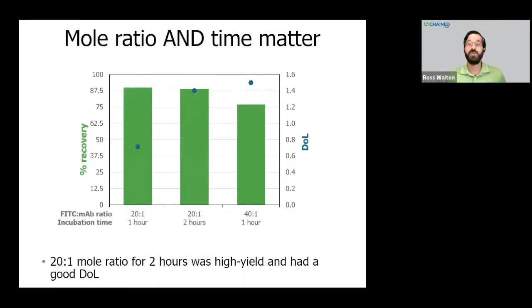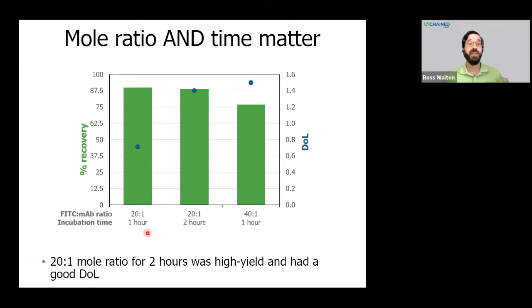So both the reactions with that 20-fold molar excess of reagent had the same percent recovery at about 90%, shown by those green bars. But the reaction with the 40-fold molar excess had a significantly lower percent recovery at 77%. The degree of labeling of this 1 hour incubation, the first reaction, was 0.71, which actually indicates that a significant amount of the antibody remained unconjugated